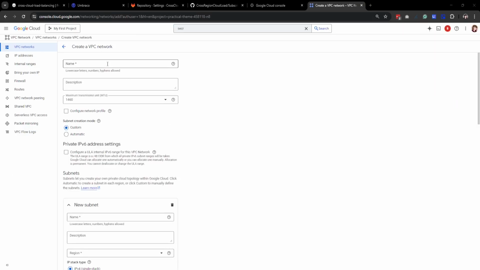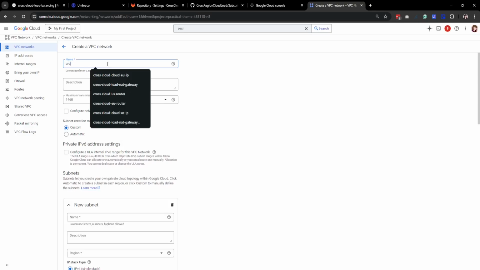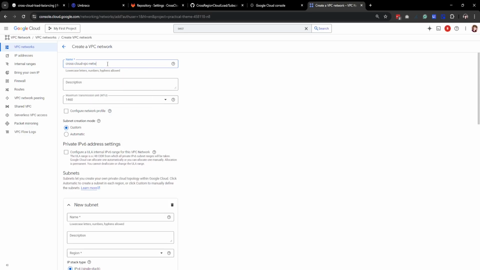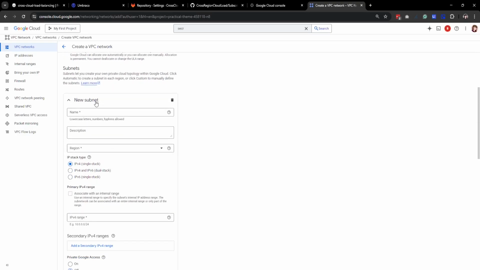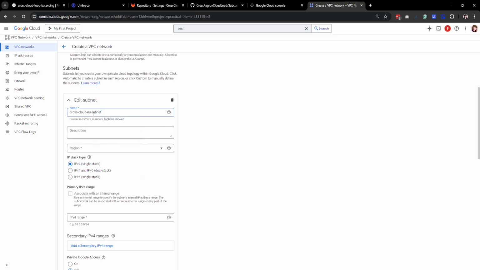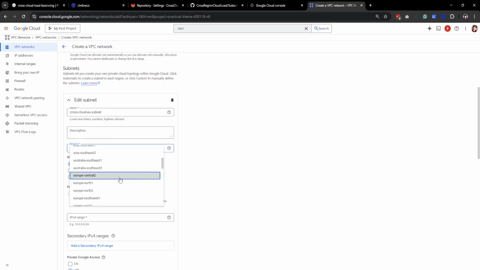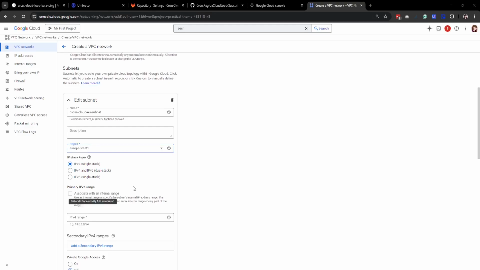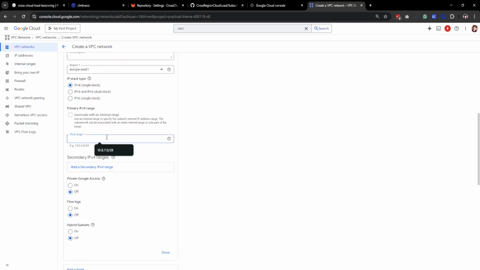You can name this however you want. In my case, I will call it Cross Cloud VPC network. Then I will move on to create a new subnet. And I will call this Cross Cloud EU subnet. And the region needs to be the same as the one that I have set up previously. So in my case, it was Europe West 1, with the IPv4 range of, for example,